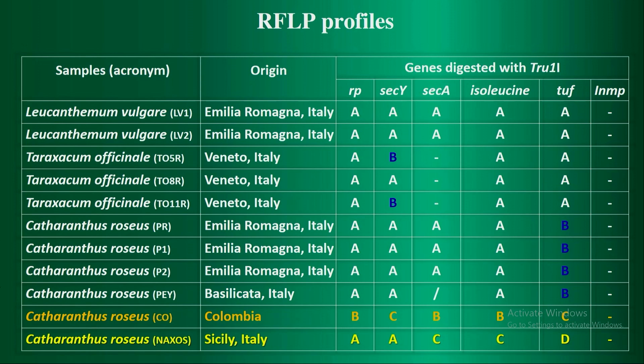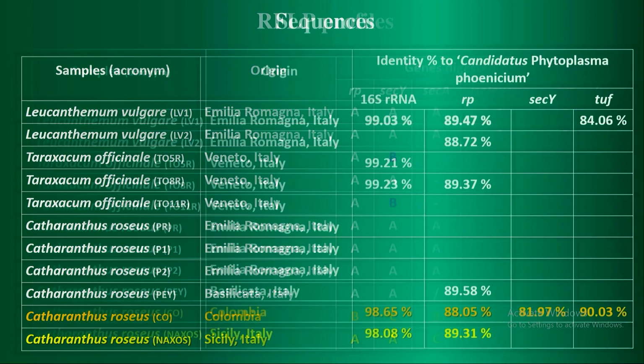Also Naxos, underlined in yellow, shows a difference with the other samples, and Naxos came from Sicily. So maybe the different provenance can contribute to this variability. Furthermore,